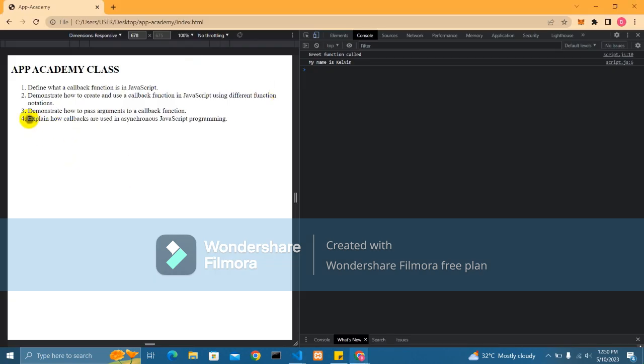Okay, moving on to the last one, which is explain how callbacks are used in asynchronous JavaScript programming. To be able to explain this, we first need to understand what an asynchronous function is. An asynchronous function is basically a function that takes time to run, but it doesn't block other code from running. I think that's the simple definition of what an asynchronous function is. So it takes time for it to run, and then when it takes time, it automatically passes the